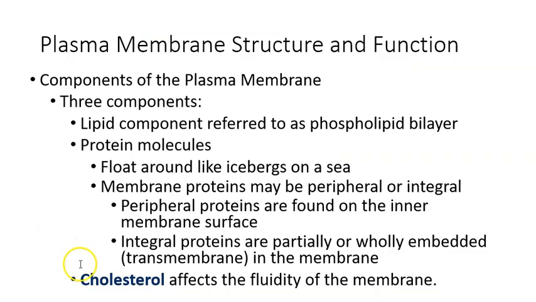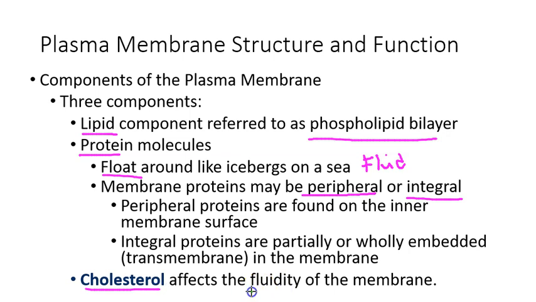and outside the cell. So there are three components in a plasma membrane. First off, there's the lipid component, which is the phospholipid bilayer. There are proteins, and they float around. Fluid, right? Fluid mosaic model. This is the part of the model that is fluid. Proteins could be peripheral, which means on the outside, or spanning the entire membrane. And then cholesterol affects the fluidity,